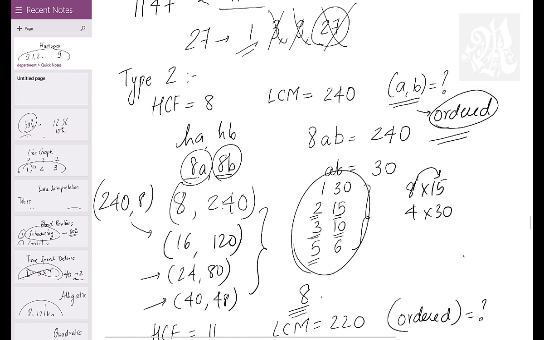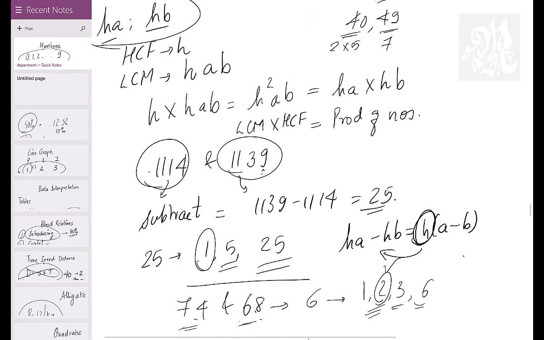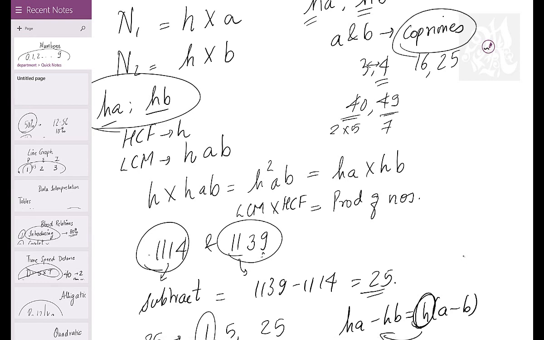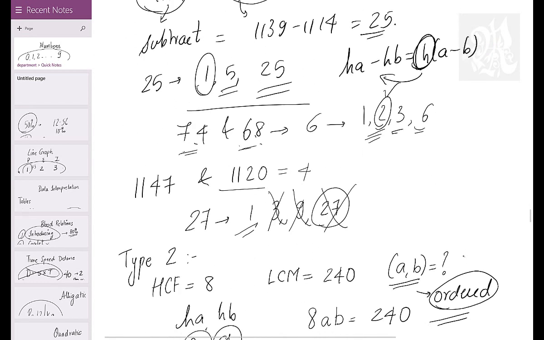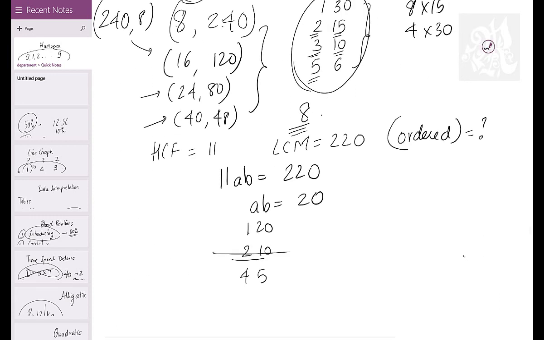I mentioned this earlier that A and B are what? Co-primes. Co-primes mean they shouldn't have anything in common. 2 and 10 have a 2 in common. They can give 2 more to the HCF, right? So they'll never make the HCF 11. They'll make the HCF 11 2s are 22, because they'll have 2 extra to give, because both of them have a 2.